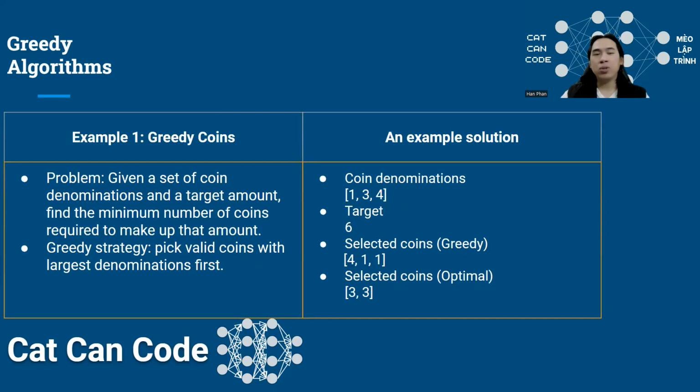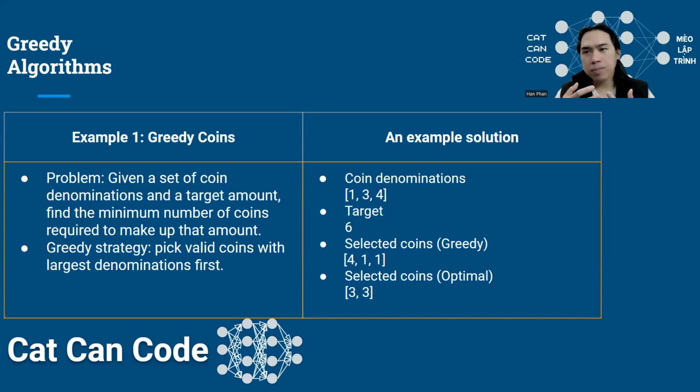So let's jump right into the first example. In this example, I have a set of coin denominations and a target amount. I want to find the minimum number of coins to construct that amount of money. The greedy strategy here is very, very straightforward, because I want to have the smallest number of coins. So my greedy strategy is that at every single step, I always try to choose